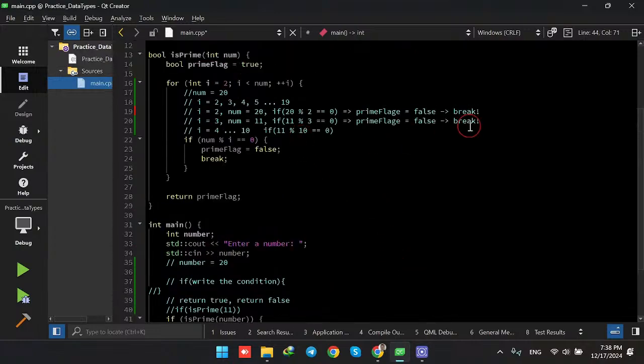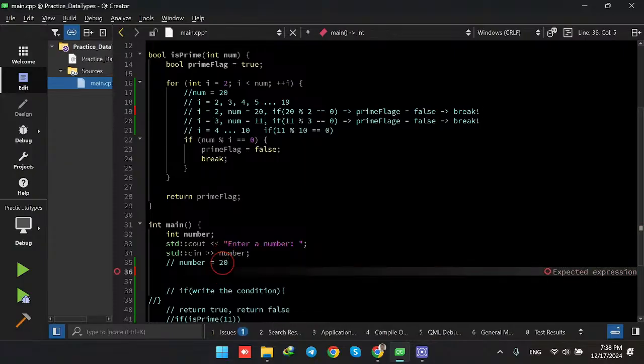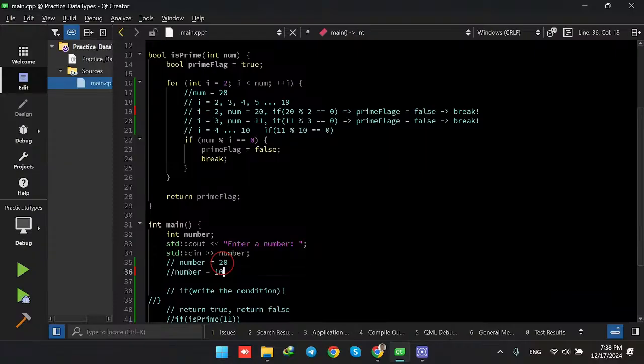So let me explain it one more time. If the number is like, let me enter another number. So if the user enters a number, for example, 10, number equals 10. If the user enters 10 and it is 10 here, and number is 10, for example, now,